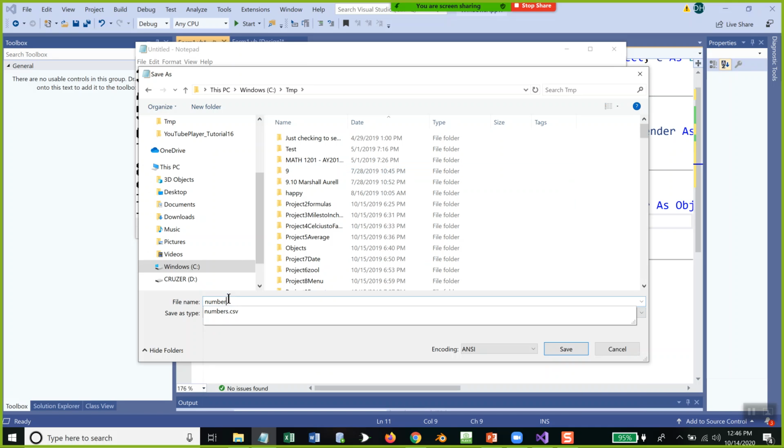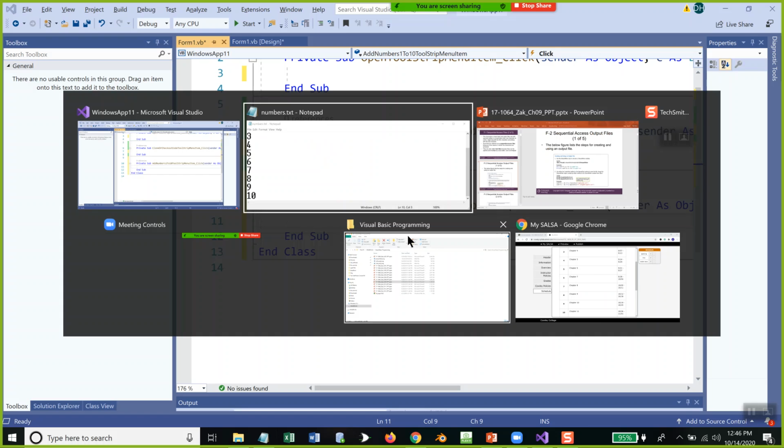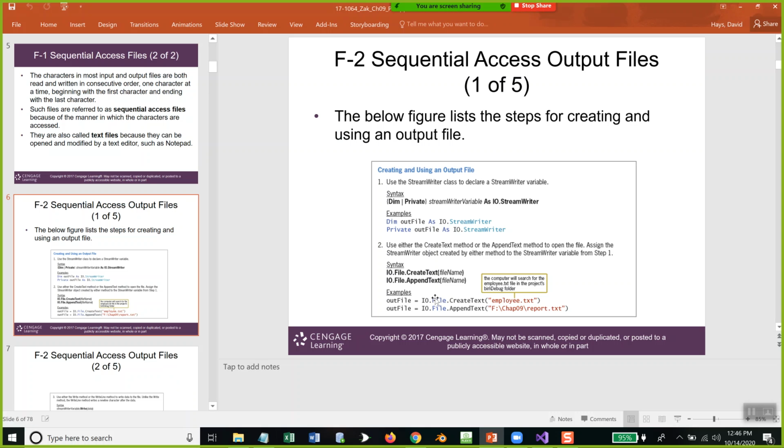And numbers.txt. Okay, so first thing we're going to do here is I'm going to demonstrate how to write out to a file. So back to here, dim outfile